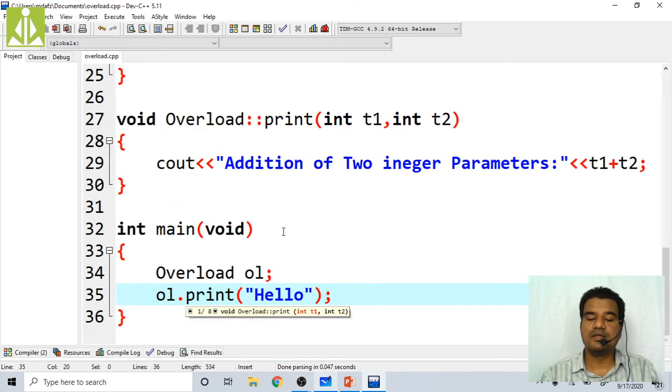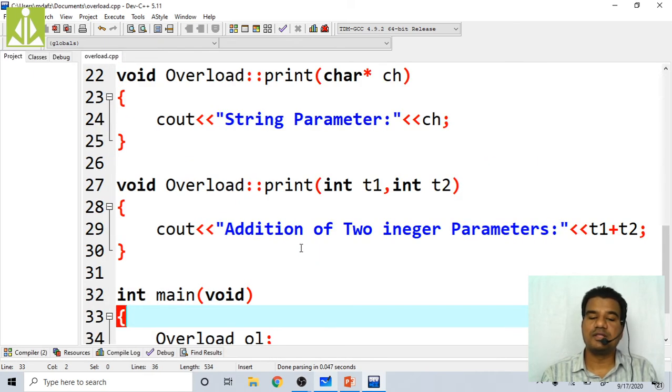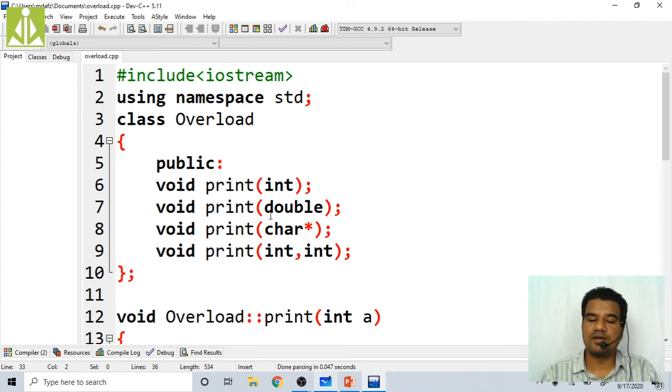We are overloading the functions within the same class but with different parameters. In the previous class, the function overriding concept we saw is related to overloading, because between the classes the function names are the same as well as the parameters. Whatever parameters you take in the base class, the same parameters you have to take inside the derived class, then only we call it function overriding. If you take different parameters there, it will become function overloading.